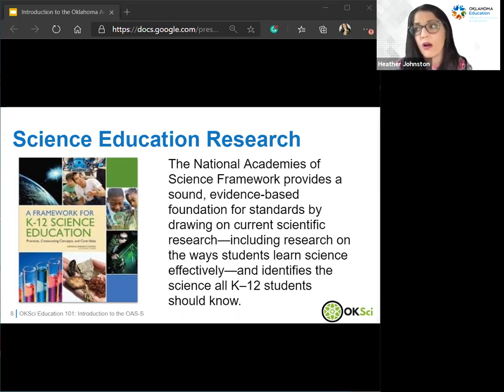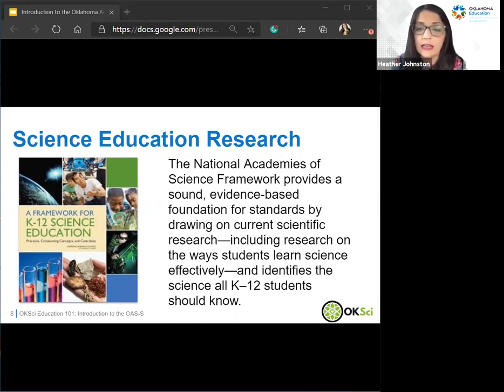But the big shifts were on what kids were doing, what students were doing. So rather than just checking off our objectives and things, we were looking at these performances. The standards do describe specific areas of student learning that are considered to be the most important for proficiency in that particular discipline. So we know that there's a lot in science education, and these did try to stick to some of those bigger ideas, and they are written in such a way that they progress from pre-K through 12th grade. And we're going to be getting into those vertical progressions a little bit later.